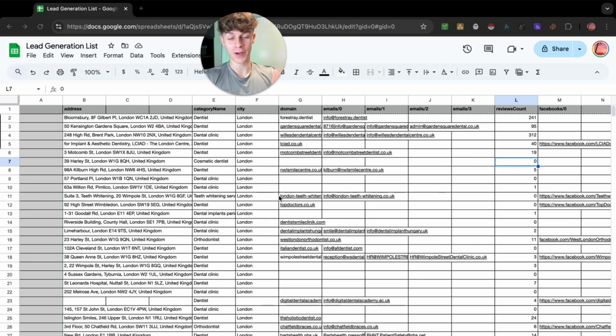Absolute first thing we're going to be doing is building a lead scraper from scratch. Now this lead scraper can scrape any local business you could possibly want to target. As an example, I've got dentists right here in London. However, it could be roofing, plumbing, real estate, HVAC, construction, you name it, it's going to be able to scrape